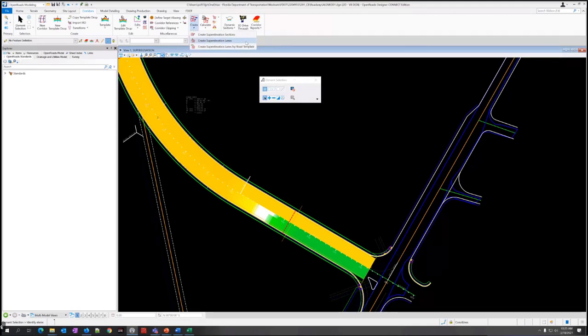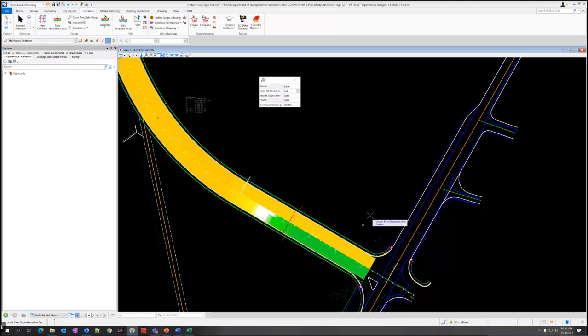So we kind of did the sections. We go down to the next one, create super elevation lanes. The lanes by road template, we're not going to show that tool, but it's going to behave similar to the sections, except instead of using a corridor, you will open the template dialog and select the template there, so you can do that when you don't have a corridor created. But I definitely recommend using the create super elevation sections and selecting the corridor. It's a lot cleaner.